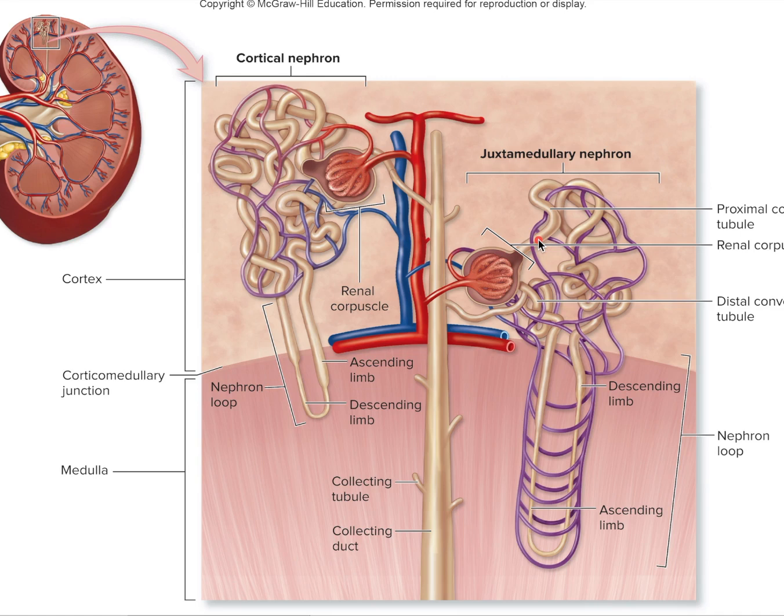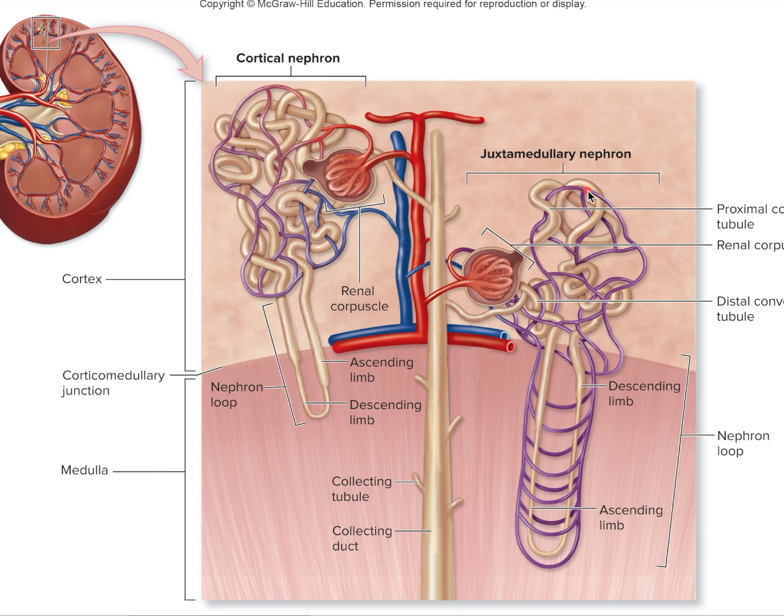the bloodstream. Things that made it through all of the regulatory mechanisms here, stuff that made it through there, but we kind of need back in our bloodstream, like water and nutrients and vitamins and glucose. And depending on what our body needs, that is going to be fine-tuned into these tubes here. And so at that point, it's called filtrate. So the blood plasma will then be called filtrate, and the